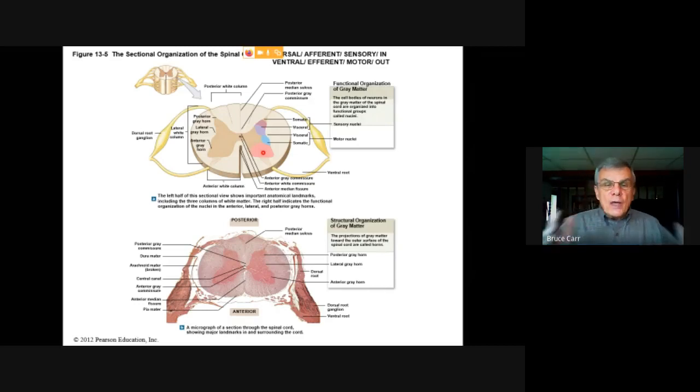Now, because of the way we draw figures, we kind of want to talk about this on different levels. Of course, each of these diagrams overlap and basically apply to both sides. So in addition to having this pair of nerves at the particular junction that serves a specific level of the body up and down the spine, all of these functions are partitioned left and right. The actual